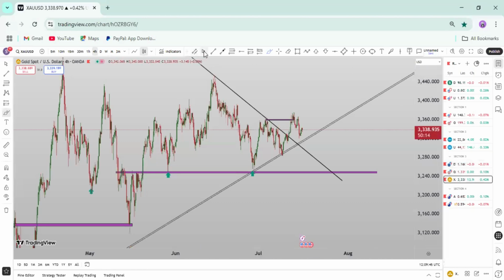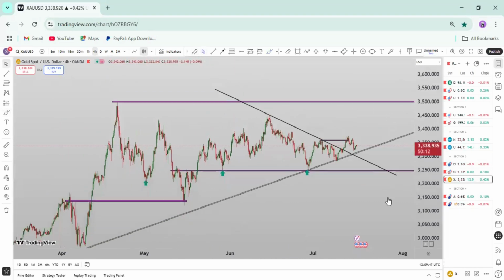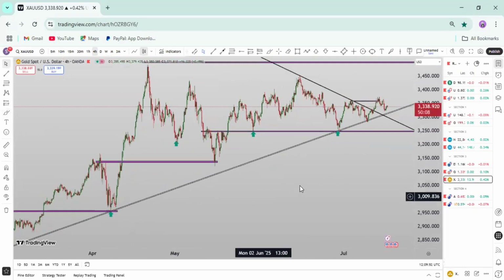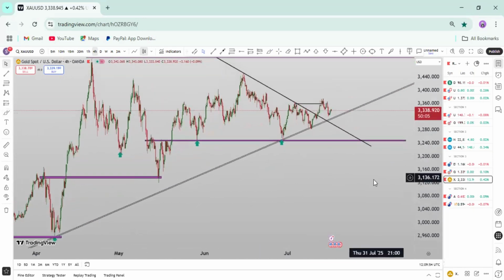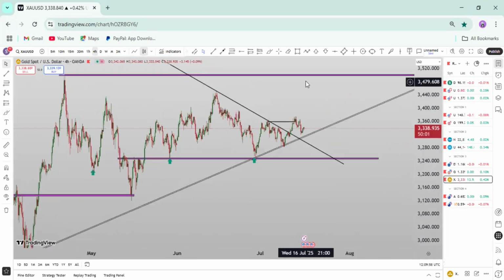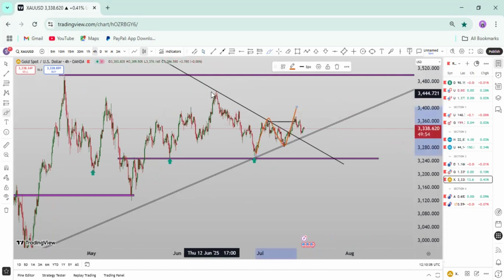Now, the last pair that I want to check is gold. I wanted to check this gold last week, but the market did not provide a good environment for us to enter. But you can see clearly what I was talking about in the previous week. I told you guys I would wait for the market to break this trend line around here and also change direction around here. Then I will wait for the market to retest this area